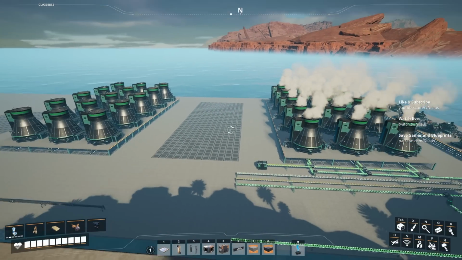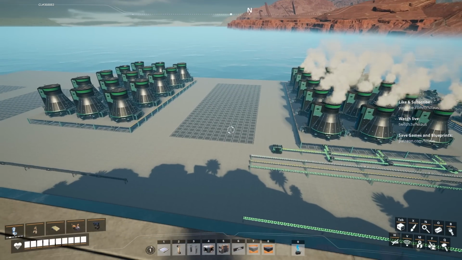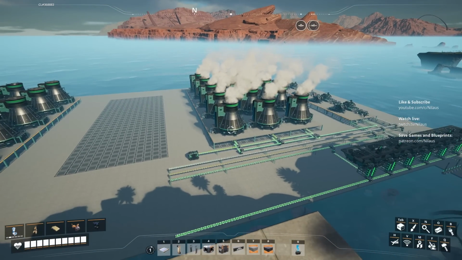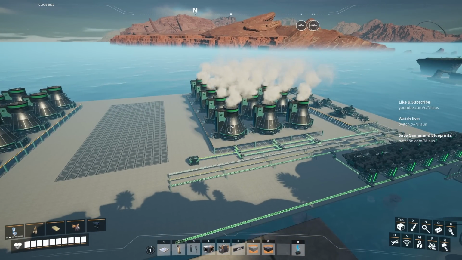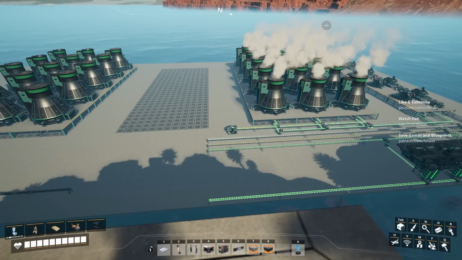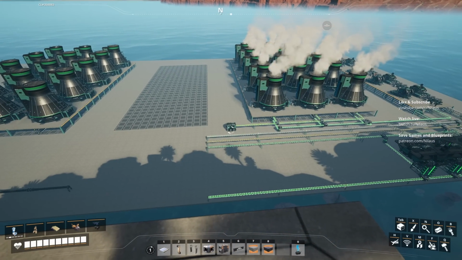So I've now prepared the next part. I've also built a same little block over here to work on it. What happens now is that this part here, when it's fully operational, as it is right now, generates 90,000 megawatts of power and produces 360 uranium waste